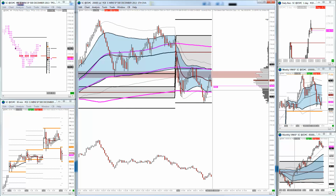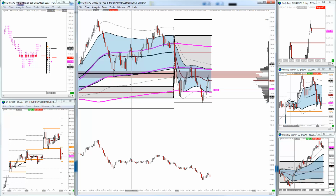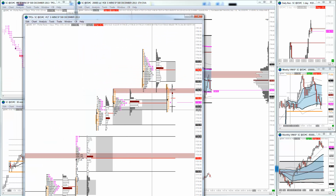I'm expecting further rotations down, but we did see responsive buying below this week's developing value, so we could see higher prices here, but it's too early to say. We did test my first reference point, which I could have taken profit at, this sort of 35 area, which was the low of this distribution. We have seen responsive selling from my area again though here,